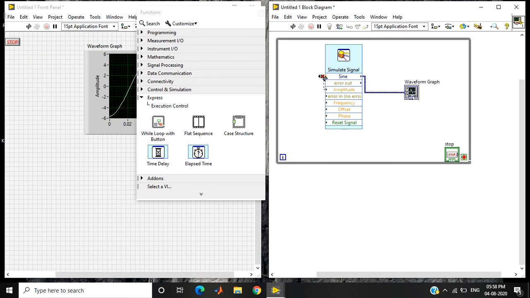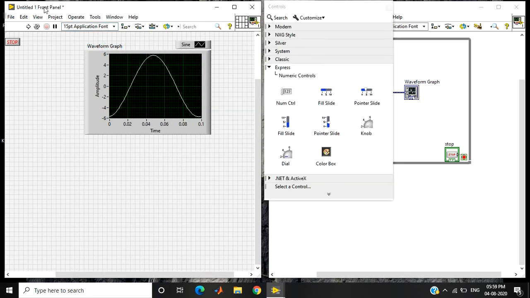Then we can also remove the wiring connections. Again click delete. Then I'm going to go to the front panel,